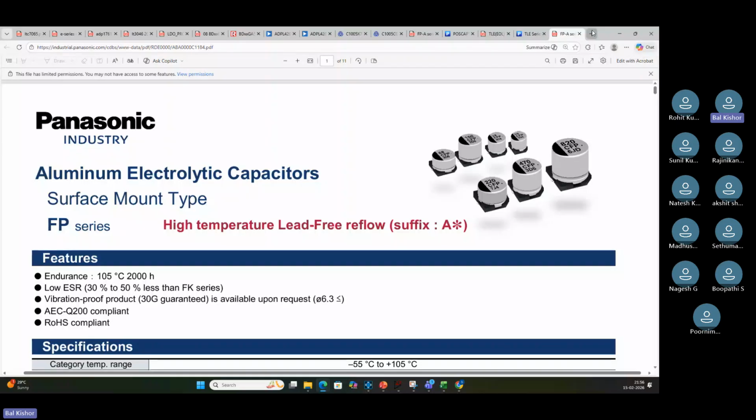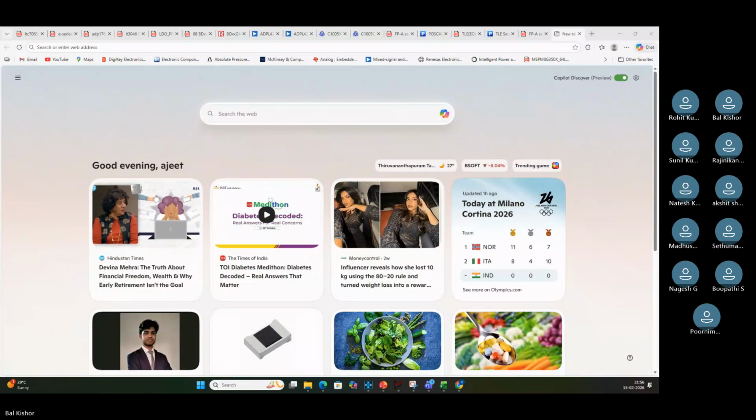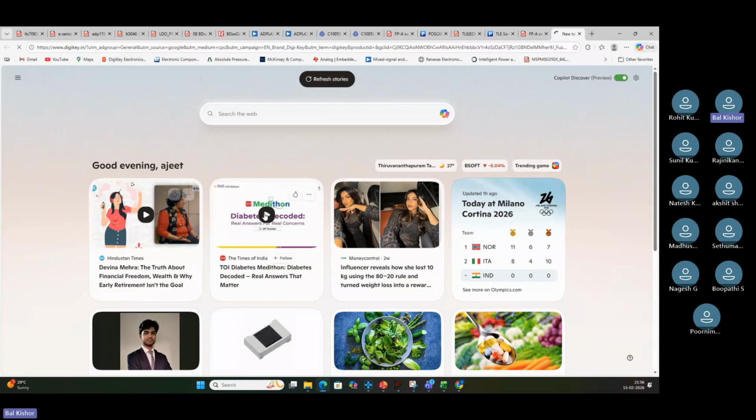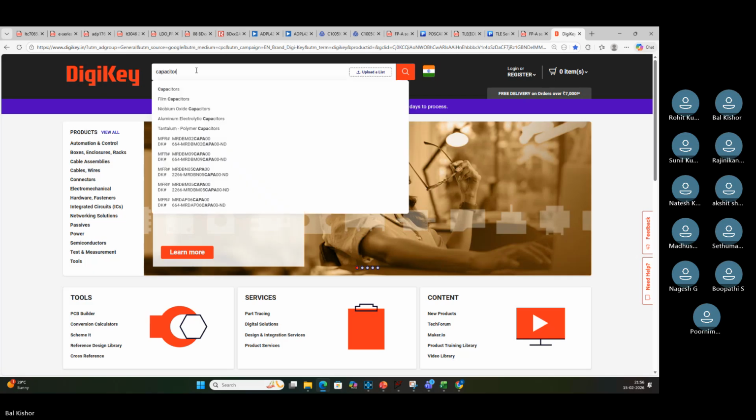Let me just see it here. Sorry. How to select a capacitor is